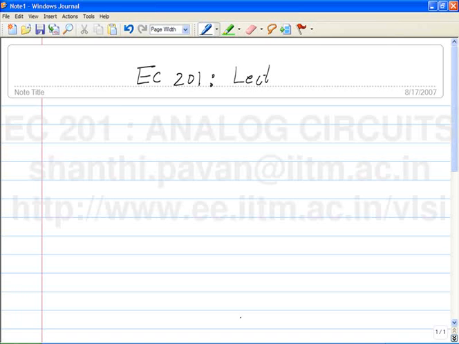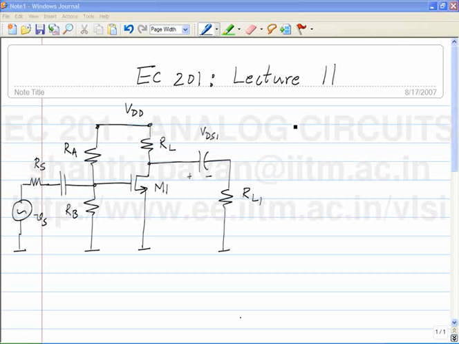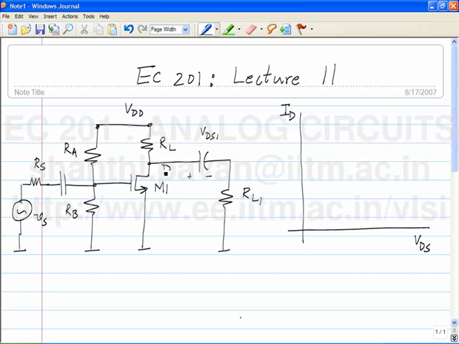Lecture 11. Yesterday we were talking about the maximum swing permissible in order to make sure that the output of the amplifier is not clipped. And what did we see? We saw that when you plot the locus of the drain potential in the ID VDS plane, we were, let's say, biased at some quiescent operating point